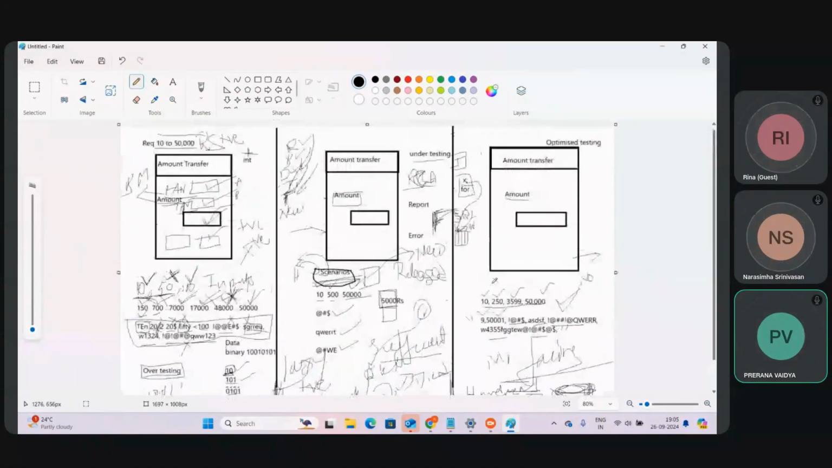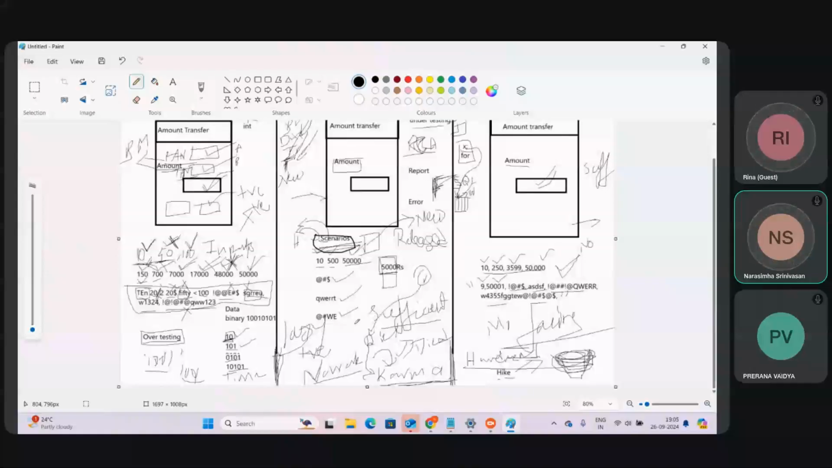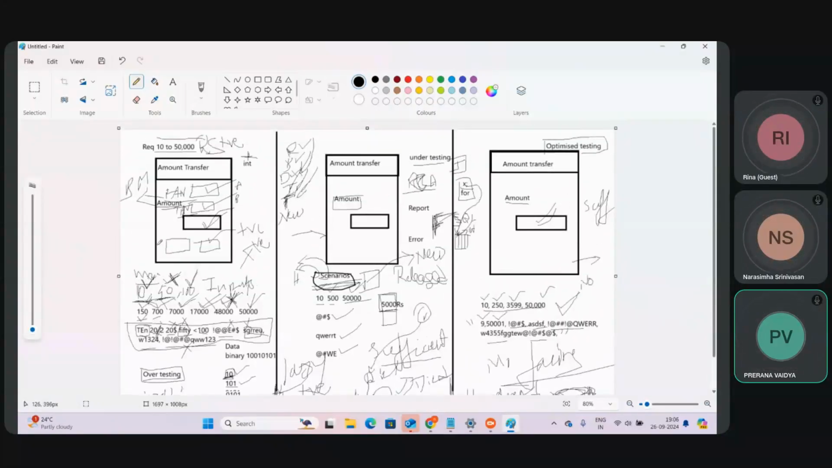So this is what we'll call optimized testing. Testing each and every component of an application by entering a sufficient set of data. It is a sufficient set, not an insufficient set, not more than enough. Sufficient set of data. Okay, now just write down one heading: